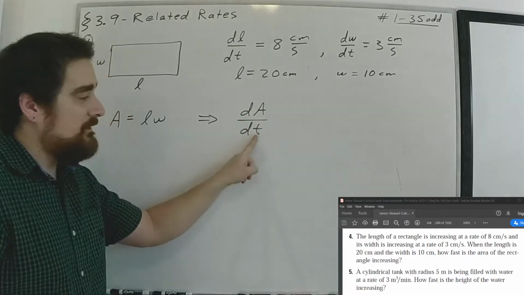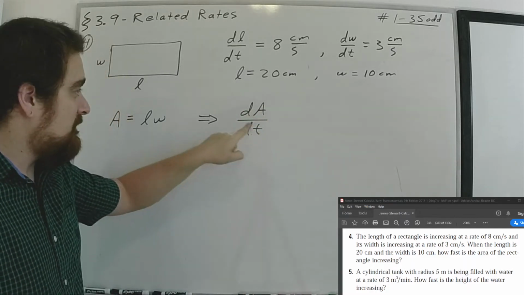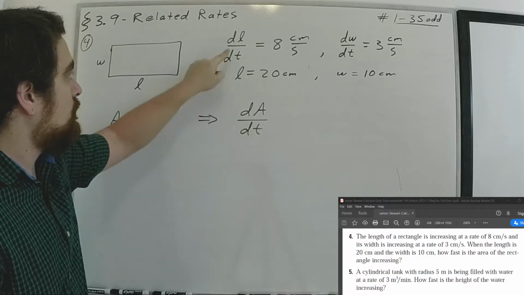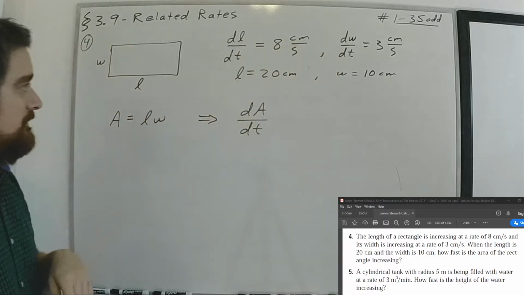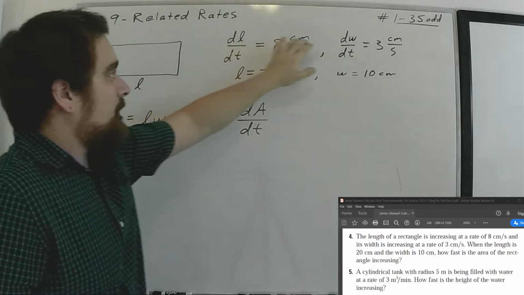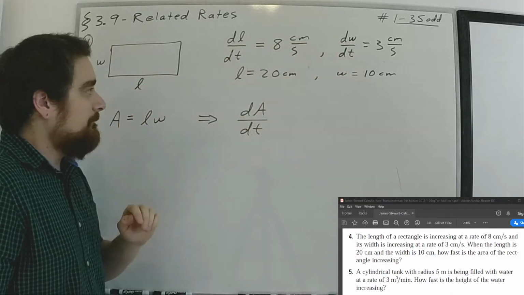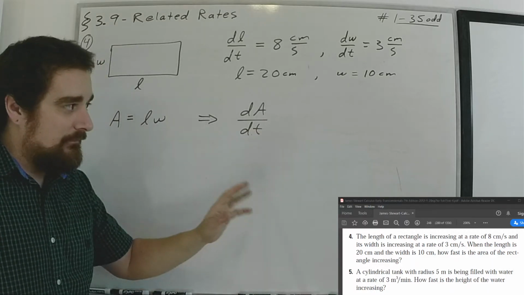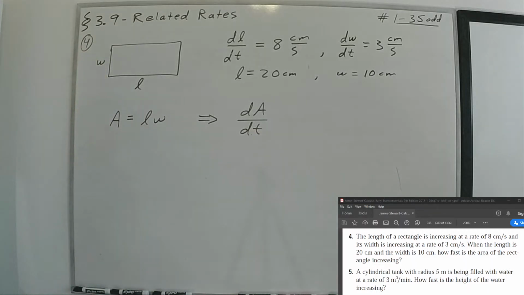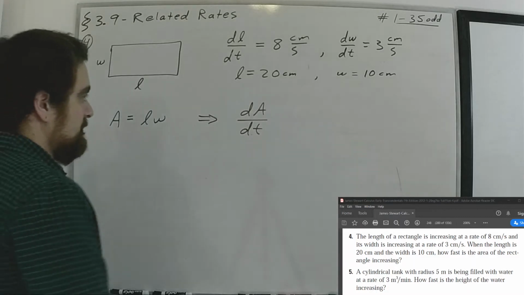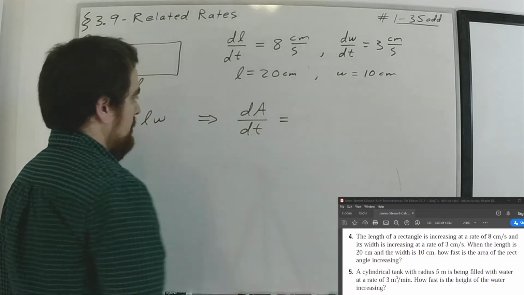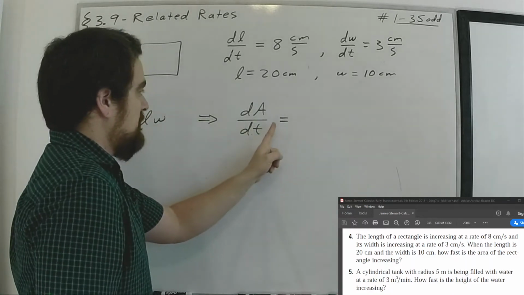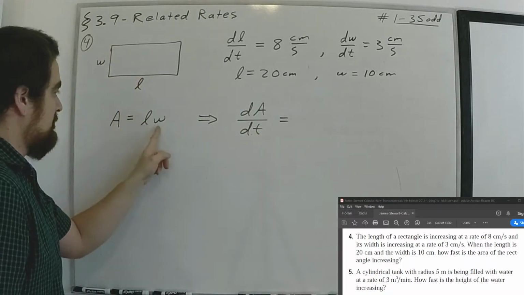And again, this is why notation is so important. If you don't write this, then no one knows what you're doing. You have to make sure you're writing the notation out so you know what to do. You could call these L prime, W prime, A prime, but I like the dt because it's telling us it's with respect to time. Not everything is always going to be with respect to time. So it helps us keep track of the units a little better. So I'm taking my area formula and I'm differentiating it, which means I differentiate the left and I differentiate the right